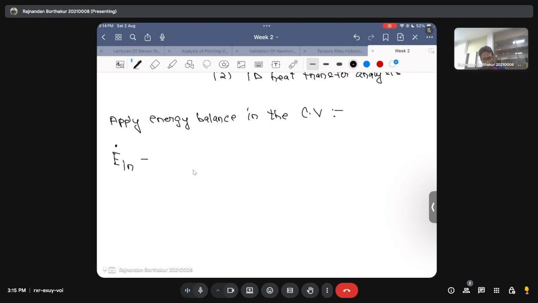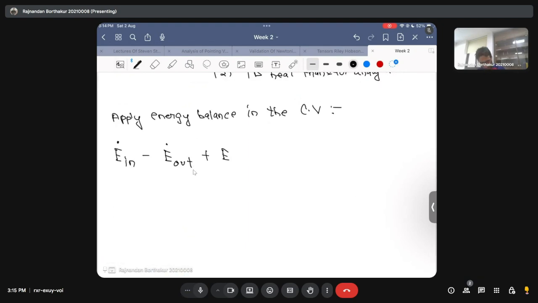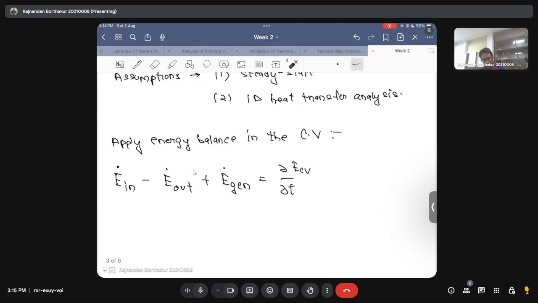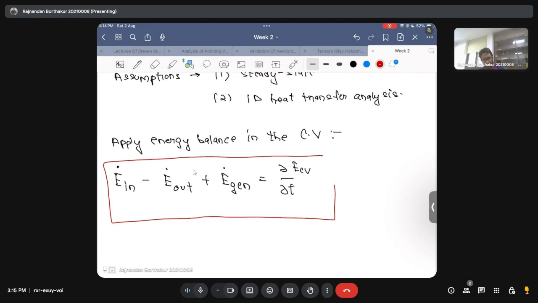So it's the rate of energy coming inside the control volume, E dot in, minus the rate that is going out, E dot out, plus the energy generated inside the control volume, E dot gen, is equal to the rate of change of energy, dE_CV/dt. This is typically the most general form. I hope you can appreciate that this is the most general form of energy conservation that you can apply